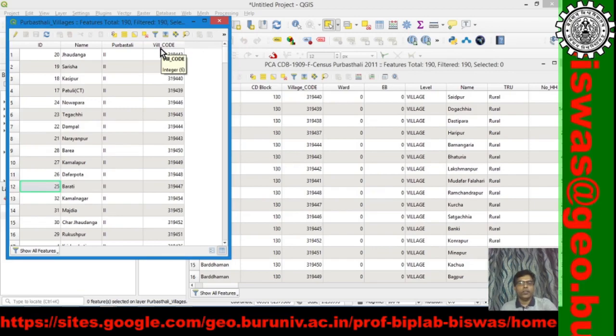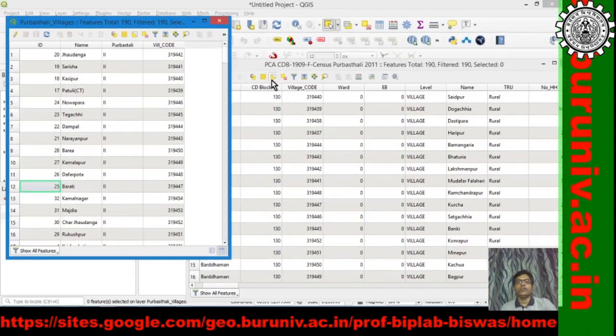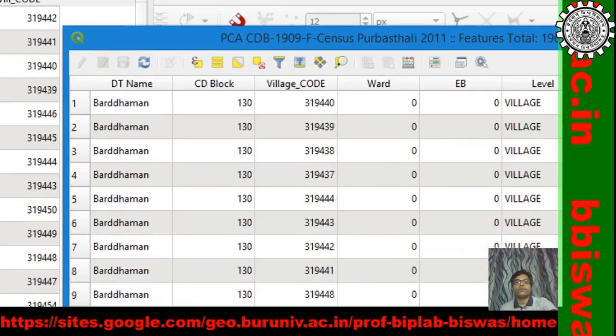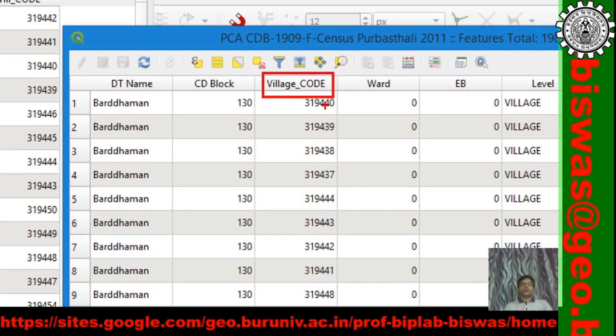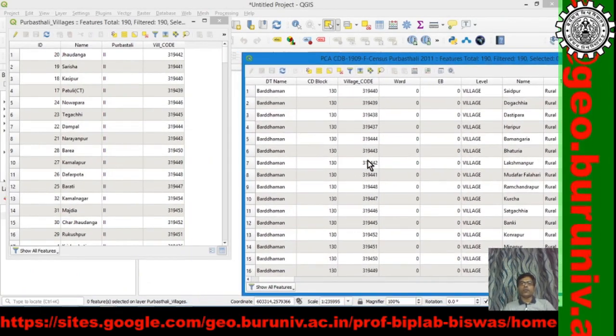Purposefully I have created one field in the spatial data called village code, because I know in the Excel table there is also a field called village code. So I will join this village code with this village code. These two data will join, and the rest of the Excel table will be imported into this spatial data. Okay, you understand the concept?